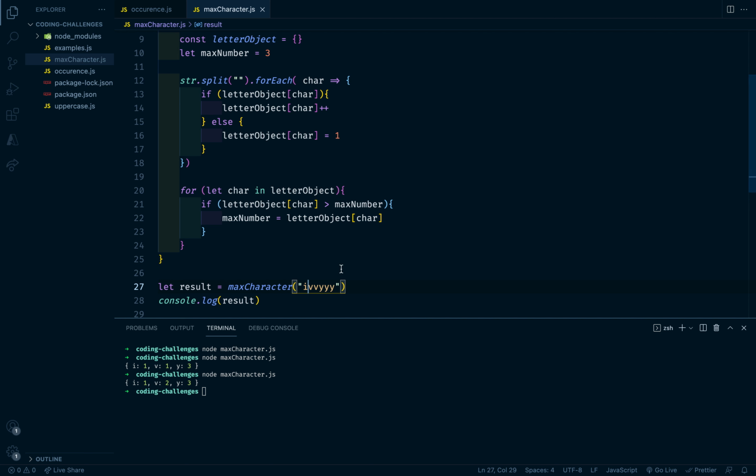So currently the max number that appears is for Y. So instead of having Y here, we actually have 3 here. And if we return max number right now, it will give us 3, because 3 will replace the max number of 0 that we have up here. Let me make sure I change this back. But we don't want to actually get the number, we want to get the letter that has that max number,